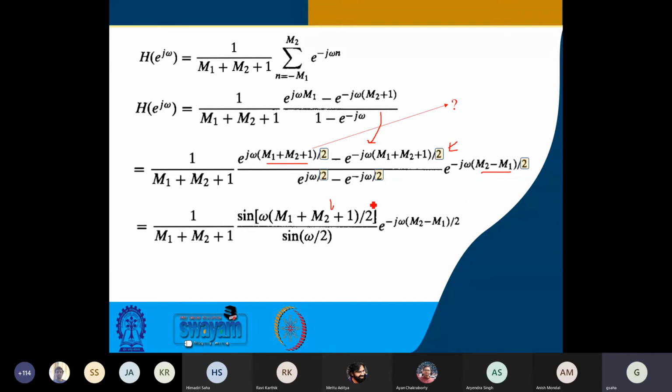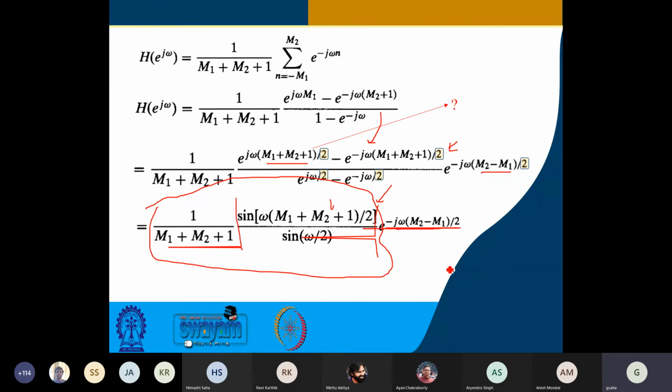So now, once we arrive at this, next is not that difficult. We are having this function, and as I said before, in all practical cases, you will see M1 and M2 be the same. Okay. And so this part is the magnitude part. This is real. Of course, it includes this one, right? And this part contains the phase information over here, right?